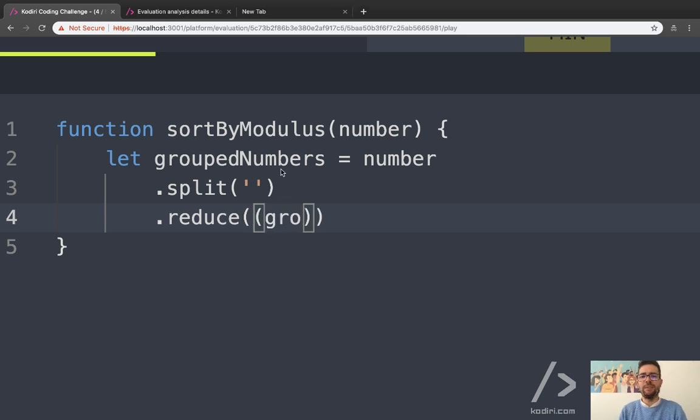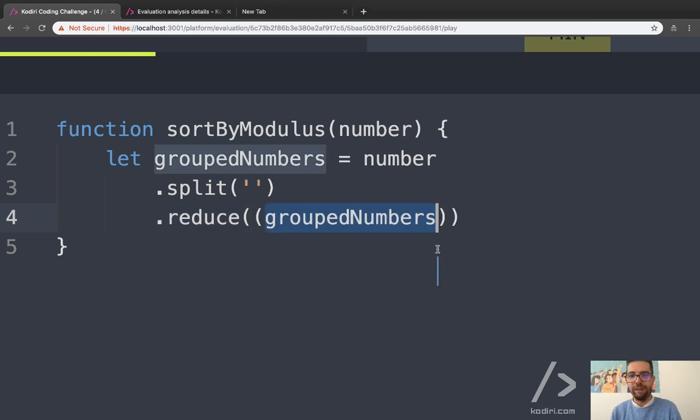This is from a semantics point of view. If I'm creating a variable called group numbers, regardless of whether that's a good idea or not, the accumulator will have the same name. That's for consistency reasons, you see? So that's the same variable name. It's not necessary. You can rename that to Brexit again, right? But I hope we already learned that semantics are an important thing in JavaScript and in any programming language, even in real life, right? If I'm asking you, give me an apple, but I want an orange, the communication doesn't work, right? So reduce group numbers, and then the second argument is a number,